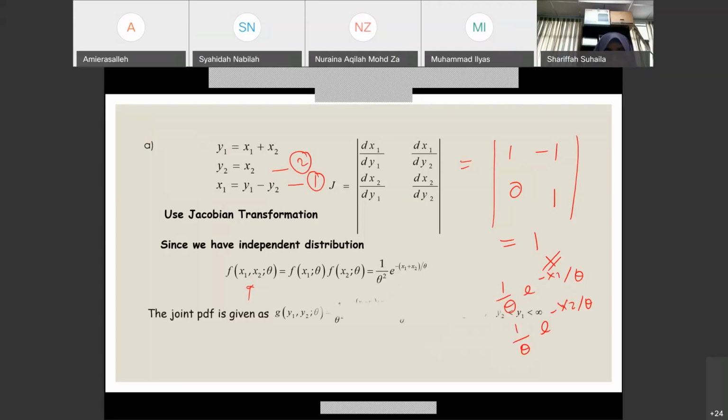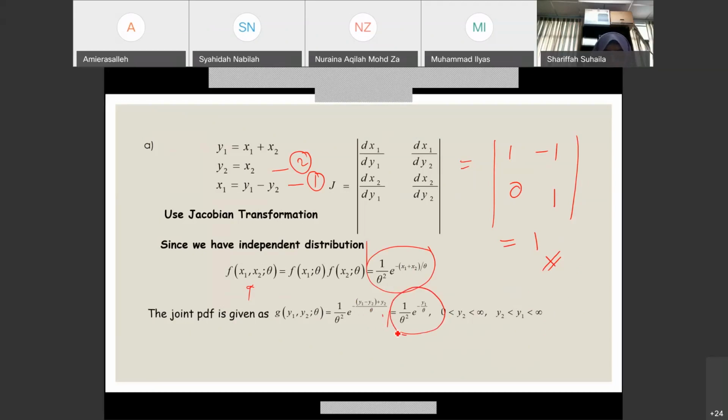Okay, so now kita nak dapatkan joint PDF. Okay, joint PDF for y1, y2. So we apply method of transformation. Okay, method of transformation. Maksudnya kamu dah ada joint PDF kamu ni for x. So sekarang kita gantikan. X1 adalah Y1 minus Y2. X2 kamu adalah Y2. So divide by theta. Darabkan dengan Jacobian dia. Tapi Jacobian dia 1. So that's why lah, tak letaklah 1 darabkan. So kamu akan dapat this one.